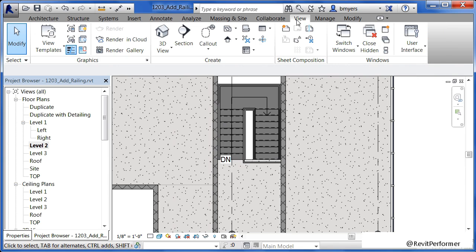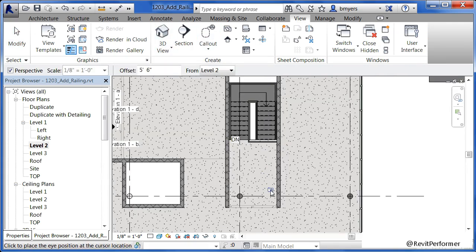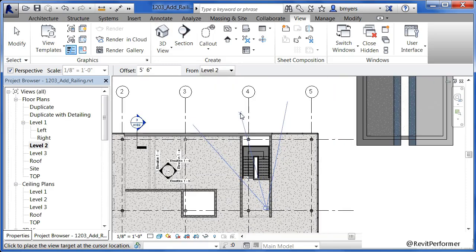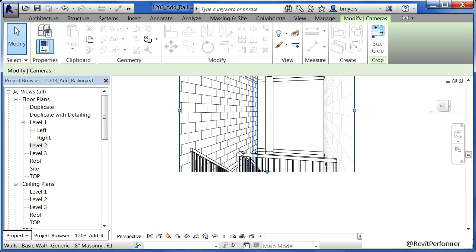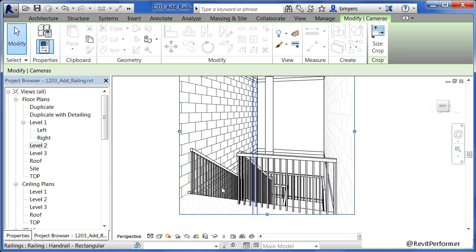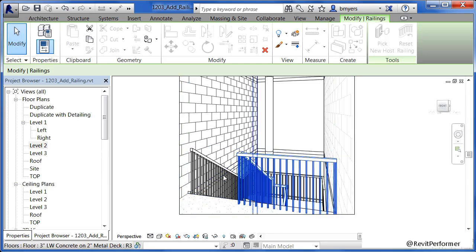And we can also view this by placing a camera inside of here, by coming up to View, then clicking on 3D View, and then picking on Camera. Click where we want to stand with the camera, and then use this cone and click somewhere in here, making sure that the staircase is completely inside of this cone of lines. We can see that this railing effect did go flat right at the end, and then it's moved across. If you click on this little control dot and then drag down, we can see that entire railing that we just put in. So the magic behind doing railings is either executing the railing command or selecting on the piece of railing.